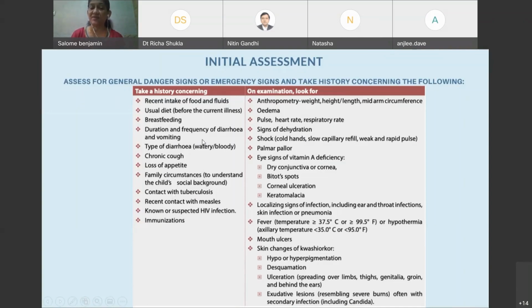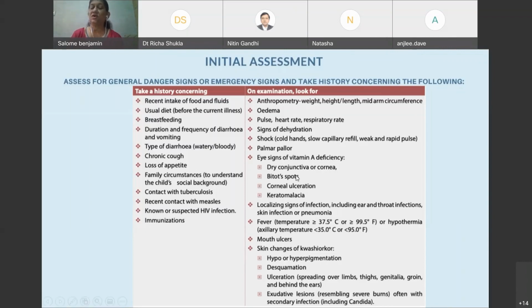which I have mentioned here: breastfeeding done exclusively or not, depending on the age of the child, the type of diarrhea, the cough, the appetite loss, the contact with tuberculosis in the family, or vaccination and other pediatric history, which we take for every child. And then examination, as we have done anthropometry, then you must also do the hands, nails, pallor sign, dehydration sign, very, very important. These children are dehydrated. Also, degree of dehydration should be